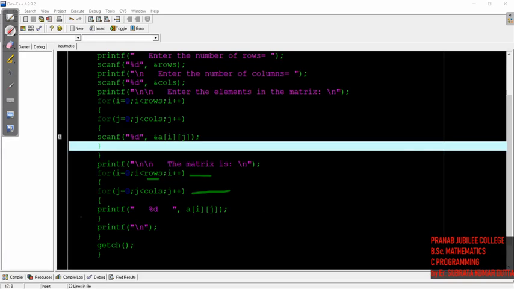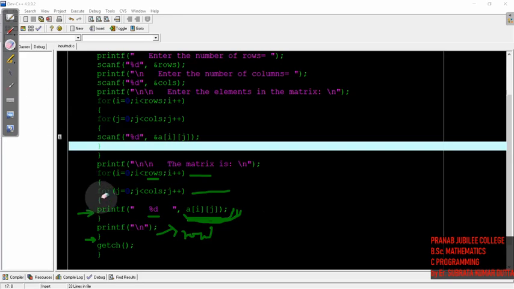Remember, we are giving the output, meaning we are giving the values that are stored in the index. That's why we have written printf here, right? Then integer value, that's why %d, and after that the value of the index, the index number. Then the j loop completes, and \n we have used for the next line, that is, it will represent the next row. Then the row loop has also completed, and after that the program ends.